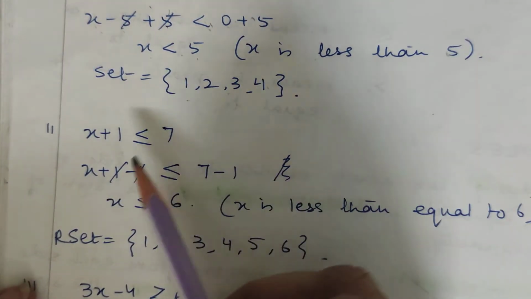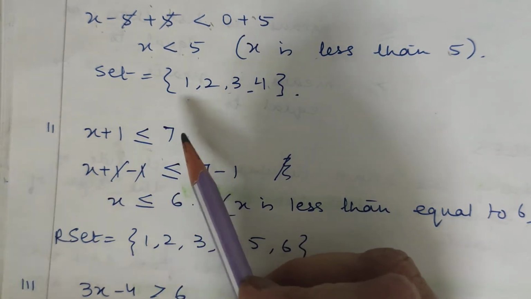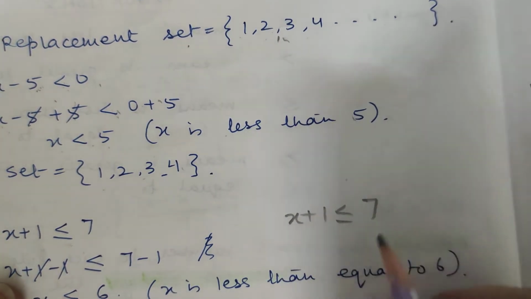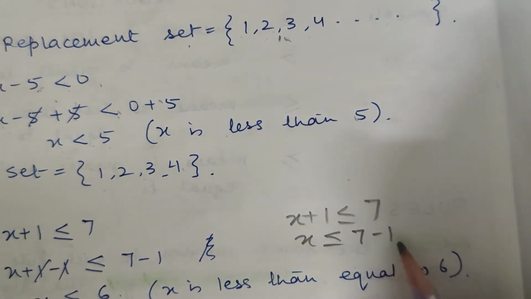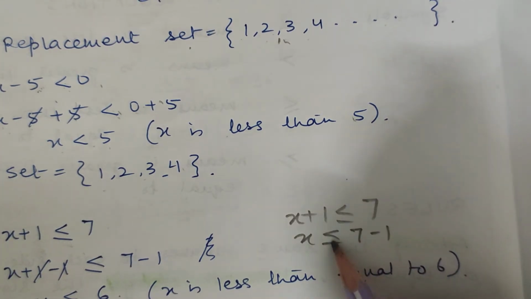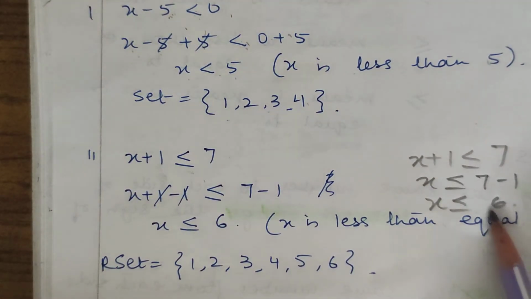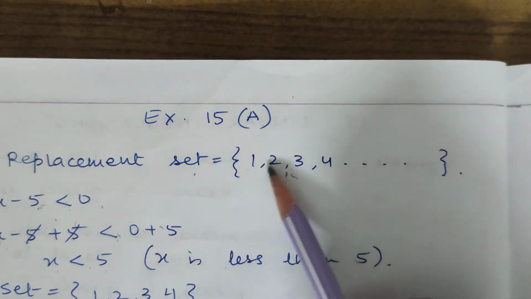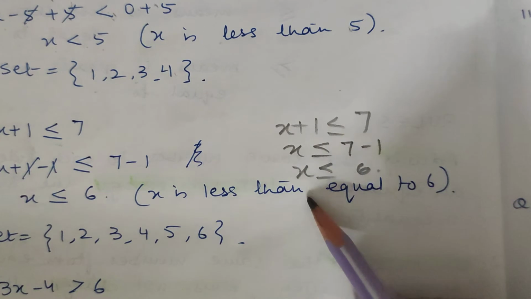Now, second, your sum is x plus 1 is less than or equal to 7. You can directly do this sum like this also. x plus 1 is less than or equal to 7, x is less than or equal to 7 minus 1. Adding a negative number on both sides does not change the inequality sign. So you will get x is less than or equal to 6. Now, what values are you going to get from this set of natural numbers? 1, 2, 3, 4, 5 and 6. Why 6? Because it says less than or equal to 6.